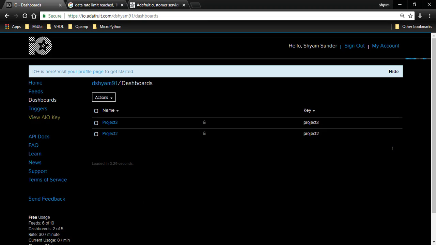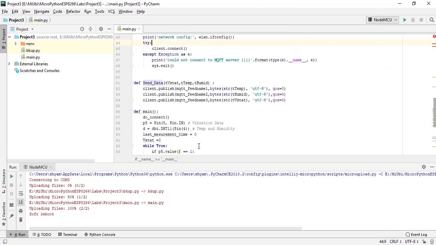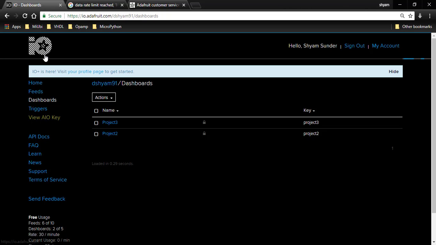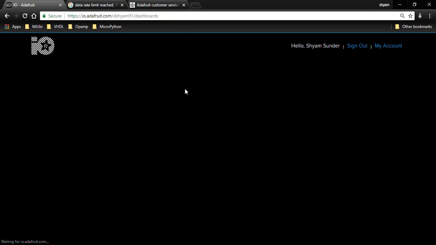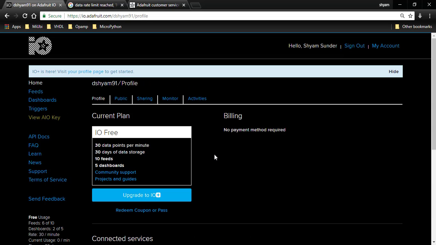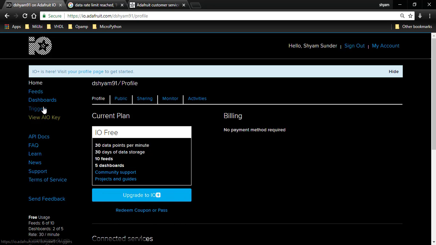The code is nothing different. Everything is the same. One particular change I have made is, when I am sending temperature and humidity data, I have increased the interval to 7. If you don't increase the interval to 7, there is a chance that, as you know, you are subscribed to the Adafruit IO free subscription, where I have limited data points, like only 30 data points I will be able to send. So if I increase it more, my data feed from the trigger is also coming.